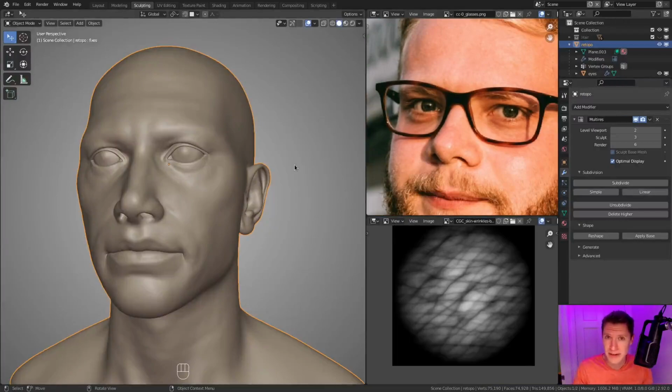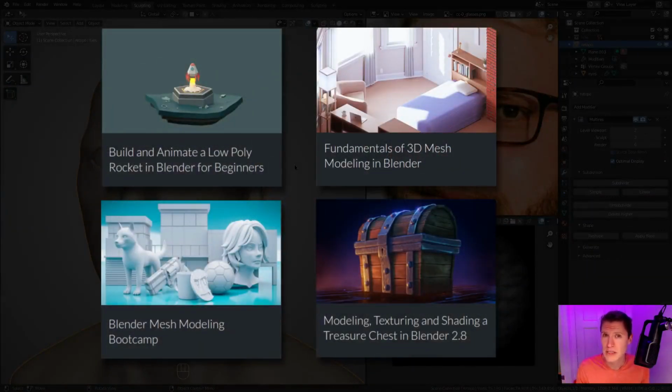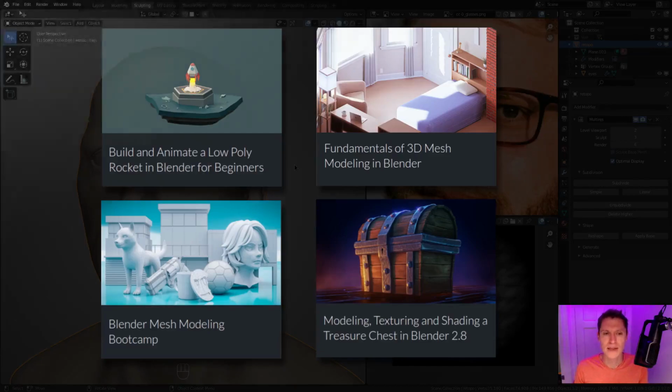Now, this workflow is going to be different than anything else we've done in the course so far. It's just straight up hard surface modeling. If you're not familiar with those skills, then I highly recommend you watch our beginner modeling courses to get up to speed with these skills and concepts. Or you could watch this video and then decide where you stand if you need to watch those or not.